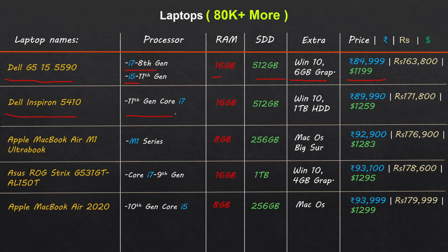So this is the fastest i7 processor, as you can see, up till now, with 16 GB RAM, 512 GB. These are the extra things, Windows 10 and 1 TB SSD free, and it comes at a price of 89,990 approximately. So here we have the second Apple